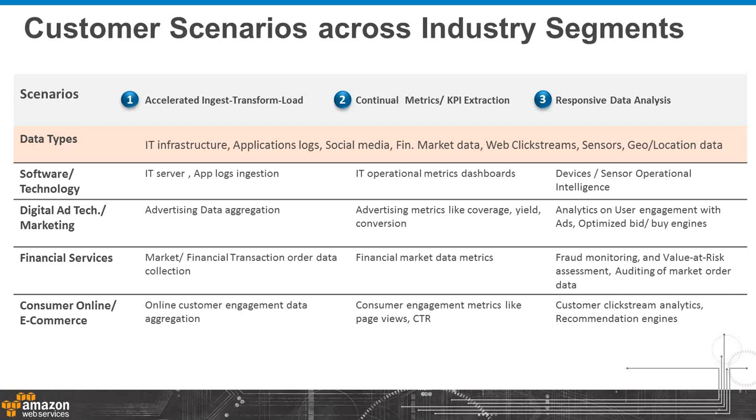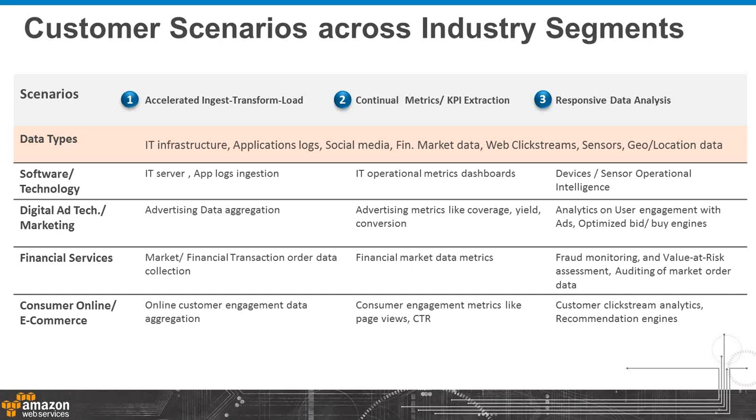But regardless of the data type, the first scenario is to have a system that enables this continuous ingestion of data as quickly as it gets produced, so that the producer doesn't have to worry about storing, buffering, and maintaining state of that data.